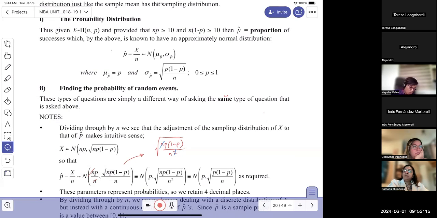So let's say we do this, we do our sampling, or we look for our successes out of n trials. We run, in other words, we run the trial, right? We sample. And we get